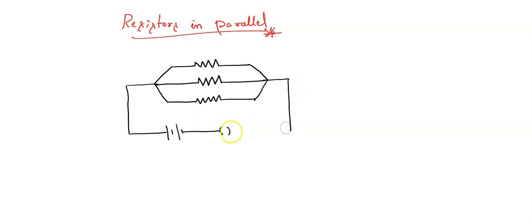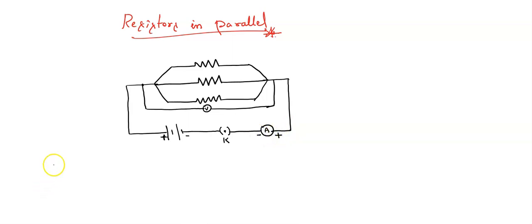As we know, the ammeter has to be connected in series with the resistors. And the voltmeter has to be connected in parallel. I hope you can see this. So this is my positive terminal and this is my negative terminal and this is my plug key. This is my key, let it be in the off condition, and this is my ammeter. As you can see, this is positive